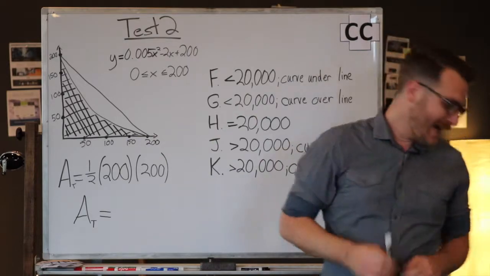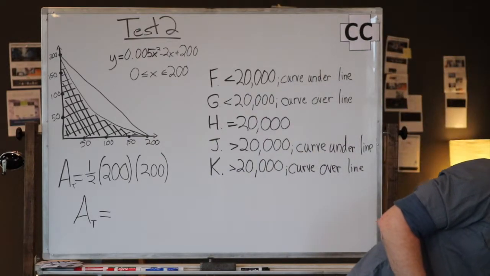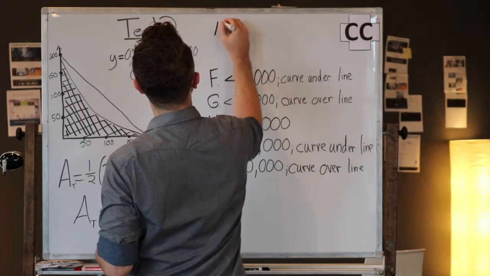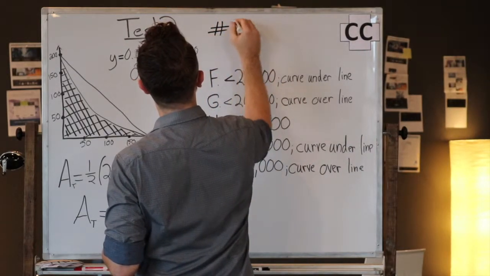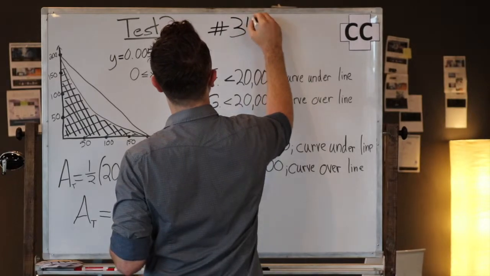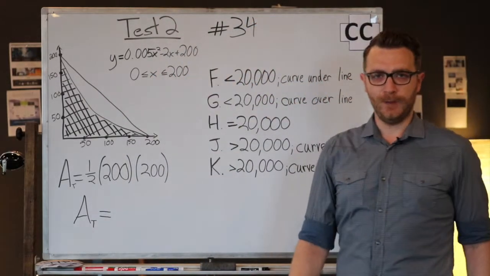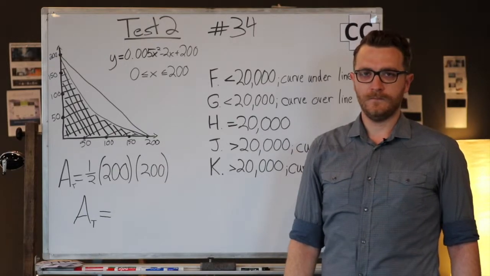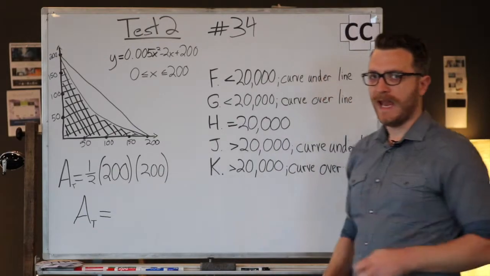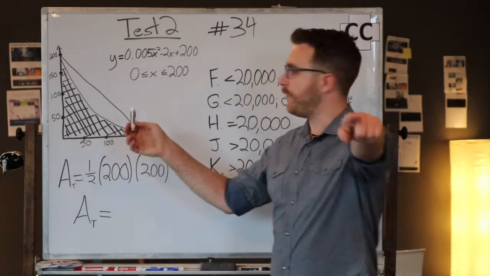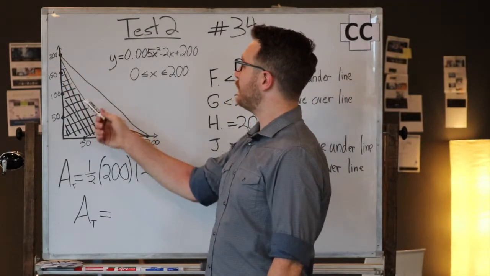I am here in test 2, problem number 34. So what I want you to do first is open the books, press pause on this video. Read through question number 34 in test 2, then press play. Okay, awesome. So in this one, we have this data, and our friend Tran is trying to estimate the value